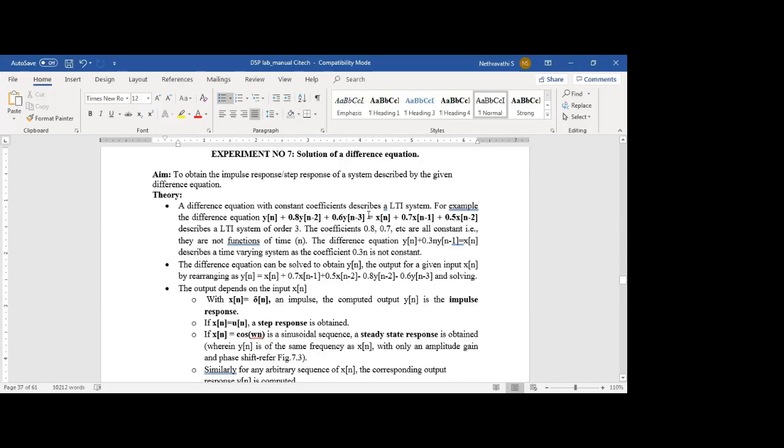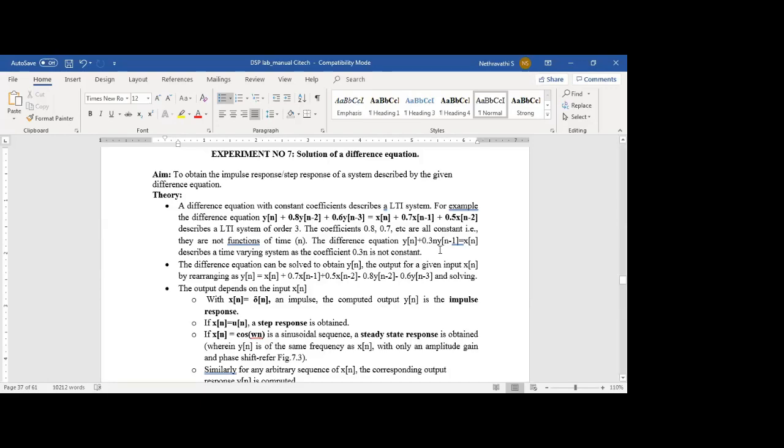So because of this, we can make out the order of this particular difference equation is 3. Okay. So I'm considering one more difference equation here. The difference equation, that is y of n plus 0.3 into n into y of n minus 1. That is, your 0.3 is getting multiplied with one more factor. That one more factor is your n value itself. So it is getting multiplied by n.